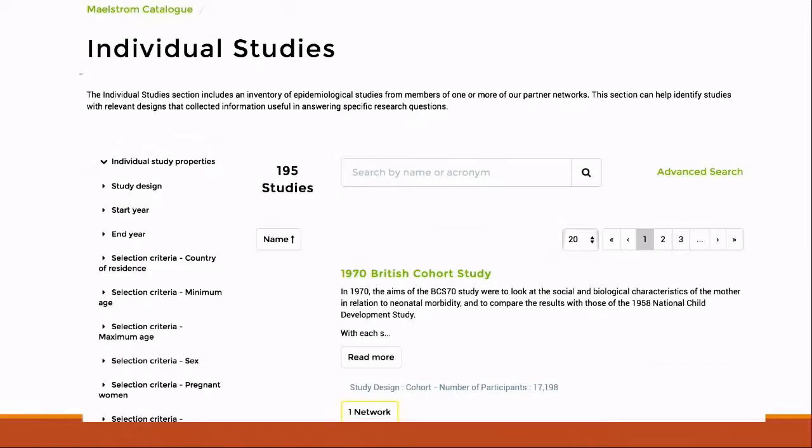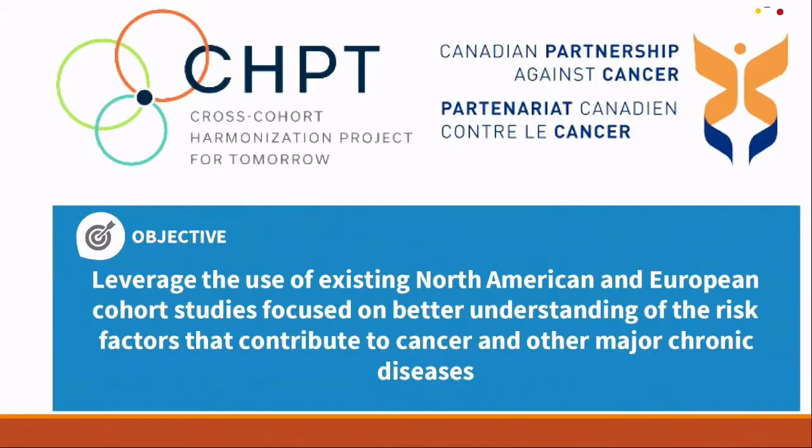And I'll mention the Maelstrom program really quickly. For those who don't know Maelstrom, Maelstrom is an activity that we fund in part out of McGill. Isabelle Fortier is the PI, and she's developed a catalog of many, many cohorts, and they all vary in terms of size, structure, clinical, most of them are population cohorts. But what we've done is we've tried to identify whether your cohort is in this Maelstrom catalog as a start and see if we can pull data dictionaries from that in helping to build this IHCC atlas.